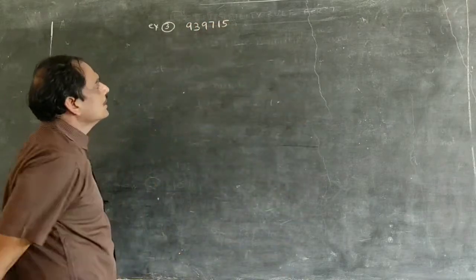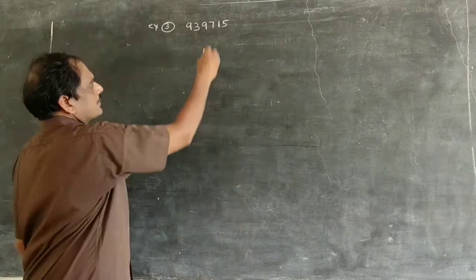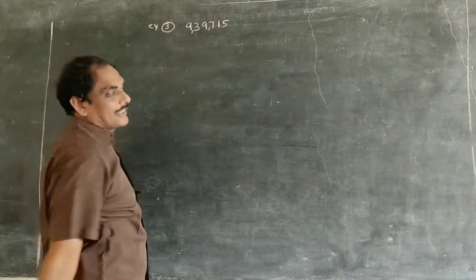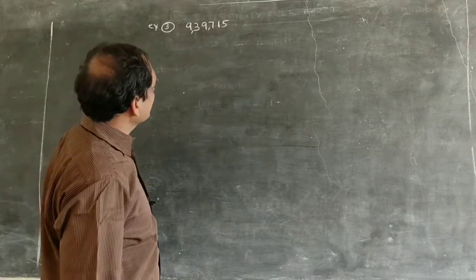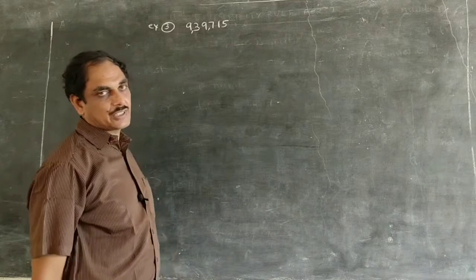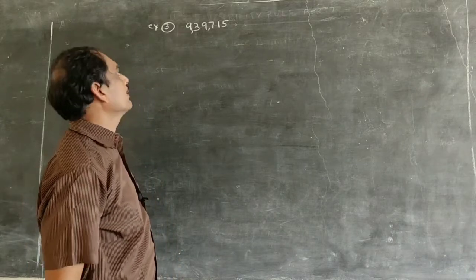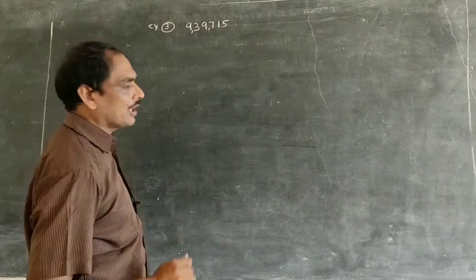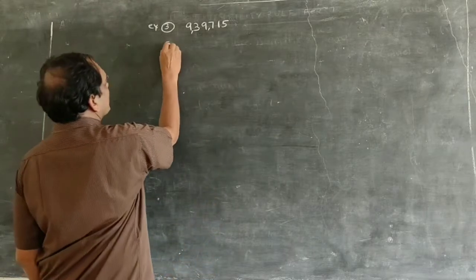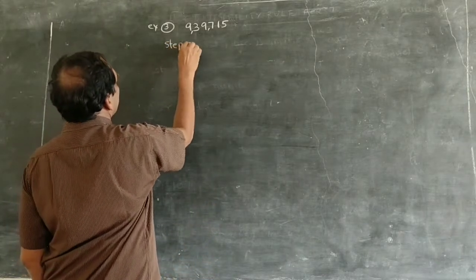939715. This is the biggest number. We read it as 9,39,715. Now we are going to find whether it is divisible by 7 or not. We go to the first step. Step 1 is,